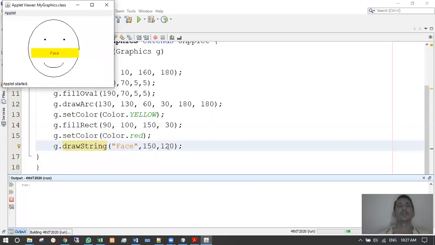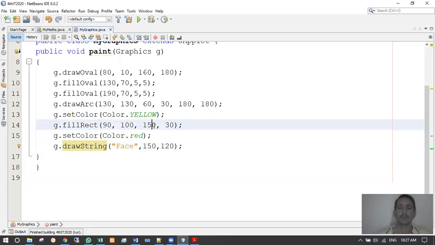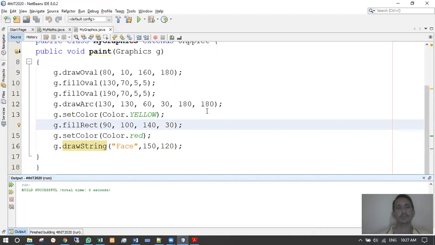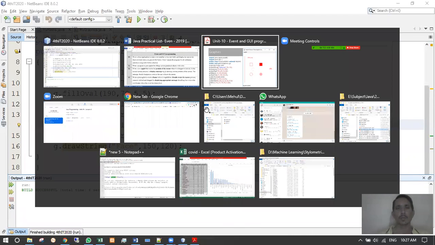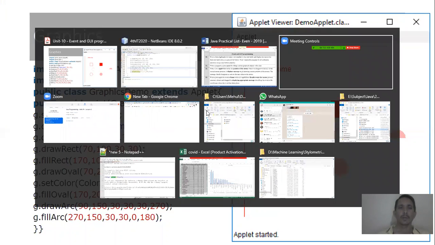Okay, so that means we can generate this kind of object using the different possible graphics methods, right? Okay, we go for the next. So you can try any shape yourself and write it as a practical. Now, what is the next? Next is a